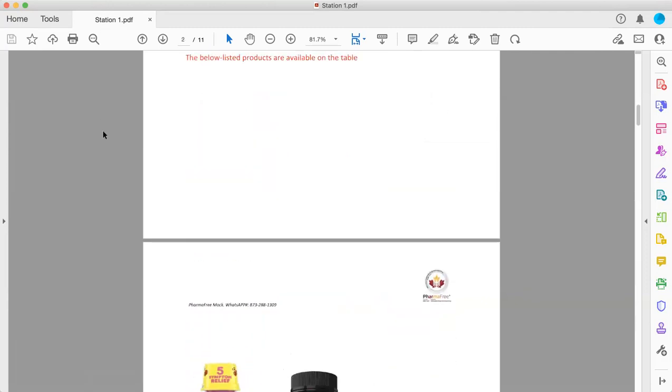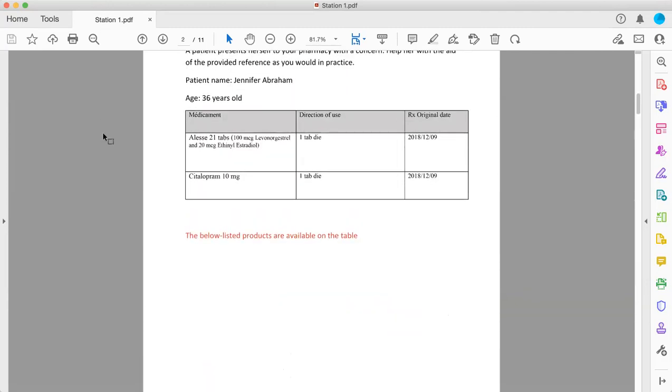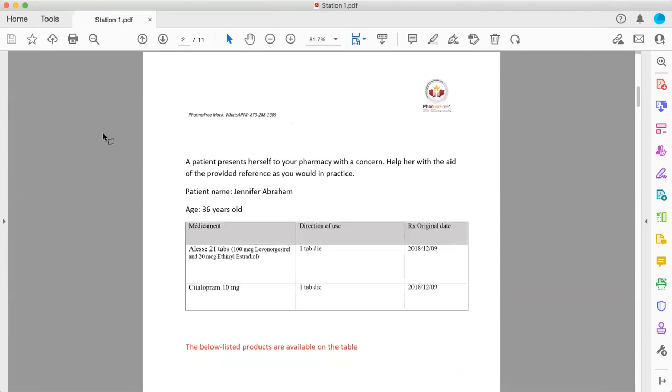Okay, may I speak to the pharmacist, please? Yeah, sure. I'm Sarah, the pharmacist on duty. How may I help you? I need something over the counter, if you can recommend it, regarding my stomach upset symptoms. Yeah, sure. I'll try to help you. May I know your name, please? My first name is Jennifer. Last name is Abraham. And I believe I have a profile with you guys here in the pharmacy.